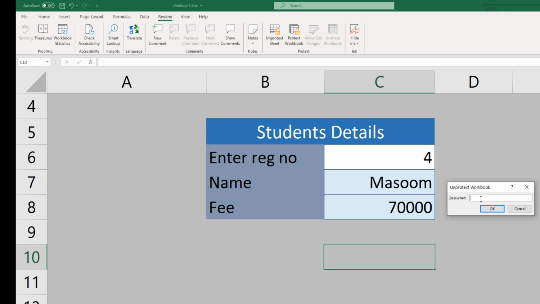So this is important for protecting important data or protecting data that you want other people not to touch. So this ends our first topic for today, that was VLOOKUP and some cell protections.